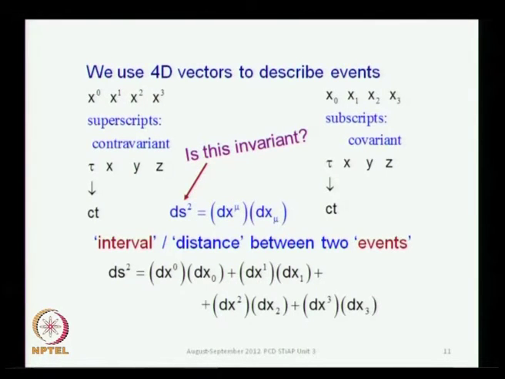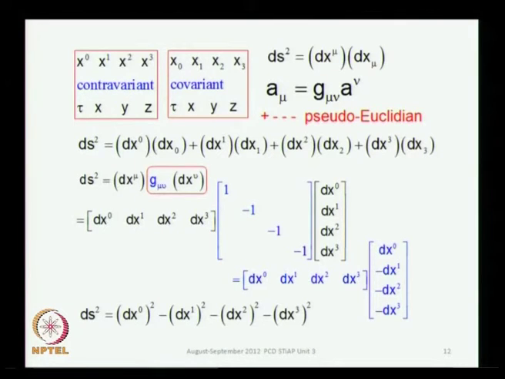Now, how do we know that this is invariant? First of all, the way that you get it is through this lowering of indices, as it is called, through the G metric, okay, and this G has got a certain signature. This is a 4 by 4 matrix which has got these diagonal elements which are given by 1, minus 1, minus 1, minus 1. All the remaining elements in this 4 by 4 matrix are 0. So, I have not written them out,